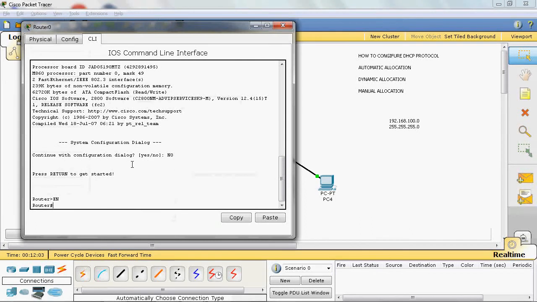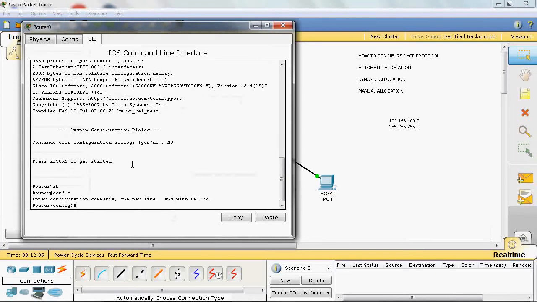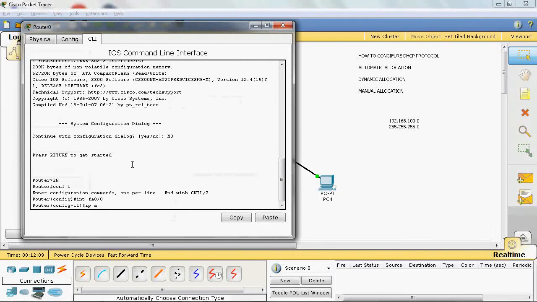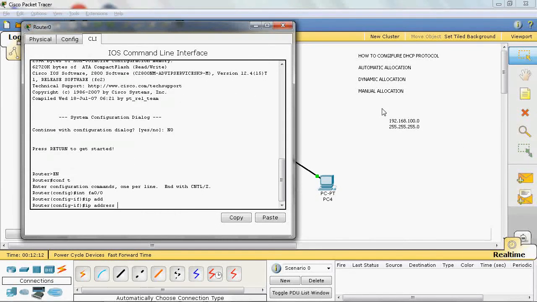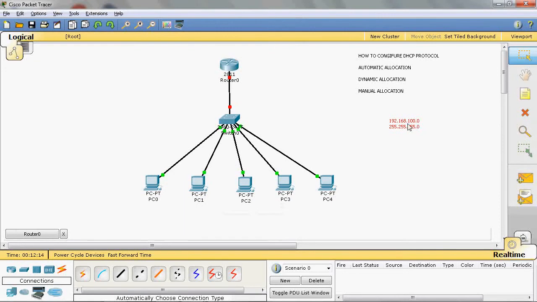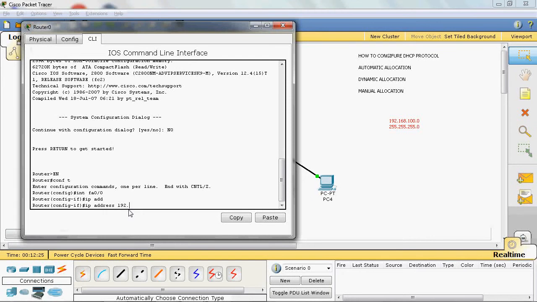Enable, configure terminal, interface fast ethernet 0/0, ip address. I will choose the IP address range 192.168.100.0. Here I will take 192.168.100.1 as a default gateway for this network. 192.168.100.1, subnet mask is 255.255.255.0.